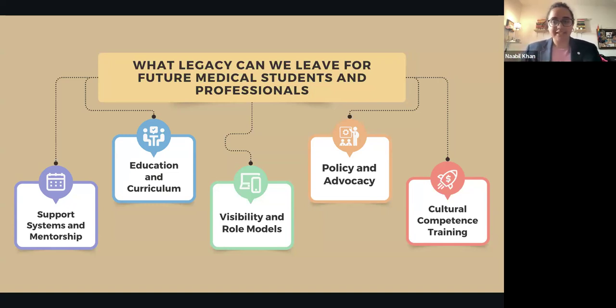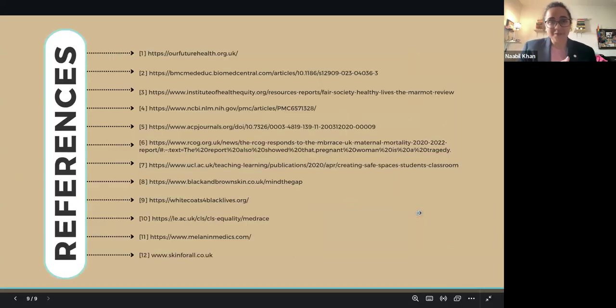And then cultural competency training. Again, I think the new bystander training that was introduced to Exeter has been so impactful when it comes to highlighting microaggressions and priming students for holding people accountable. And I think having cultural competency training, all those training modules in place, will ensure that students don't forget how important thinking about other populations is, and how important representation is when they're carrying out their medical studies.